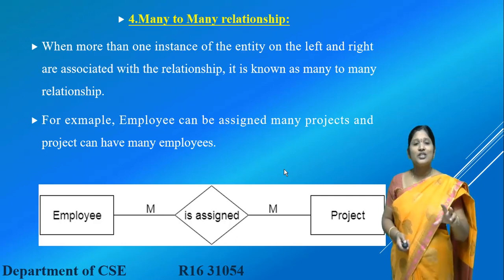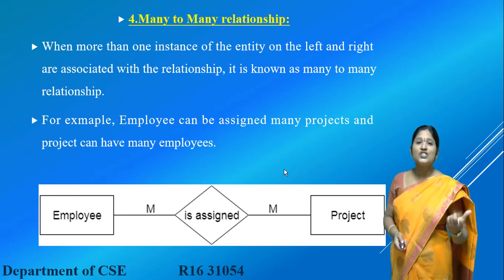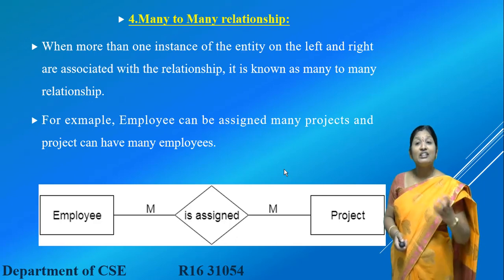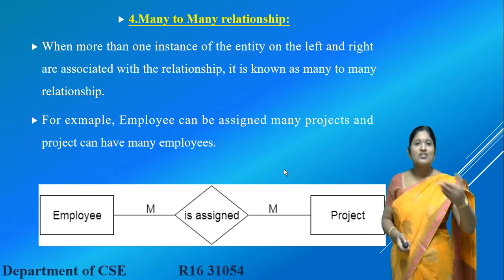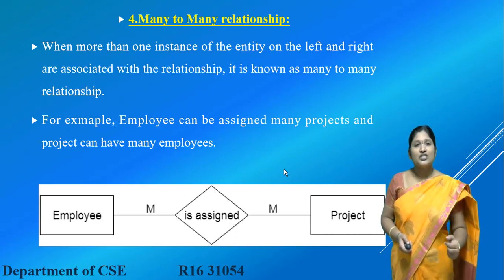So in this database, what are the entities? Employees, project. What is the kind of relationship? Assigned. An employee is assigned to monitor this project. Assigning is the relationship between employee and project. And we need to identify the type of relationship. A type of relationship is being identified by means of the conditions that have been put by the customers as well as the database administrators.